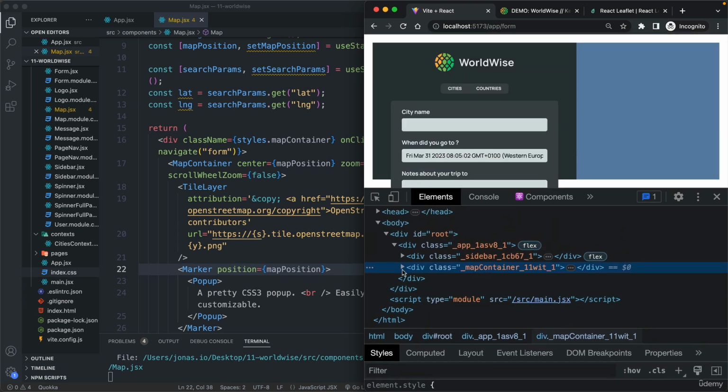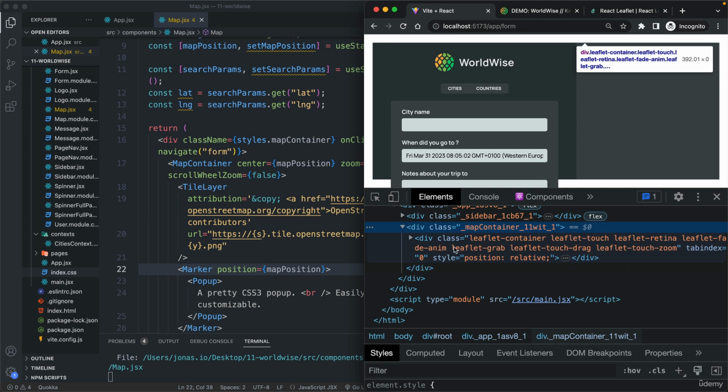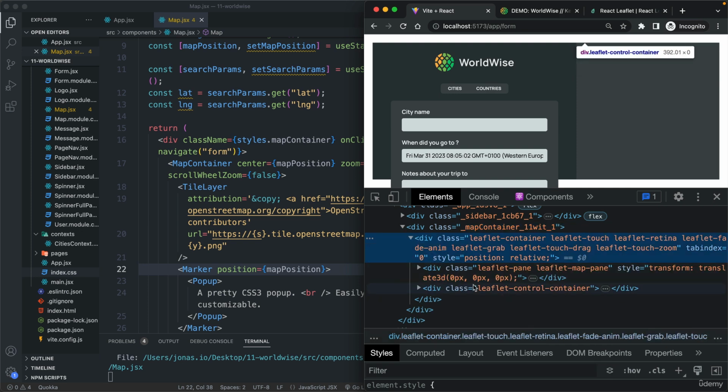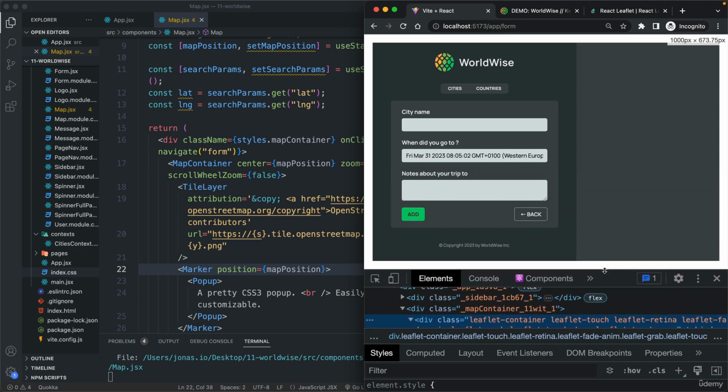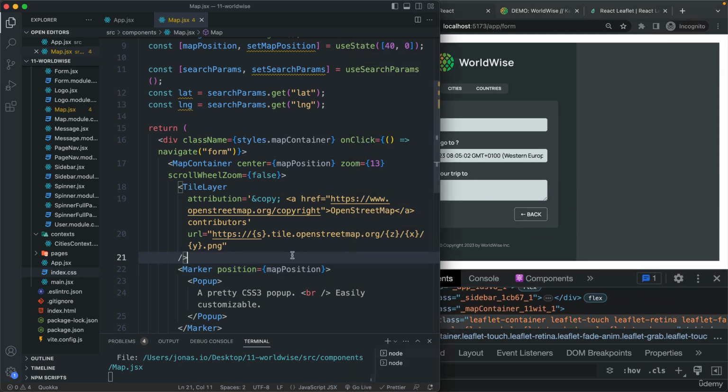So here's that map container. And indeed, there is something there. So something new that we definitely didn't put there ourselves. So it is working, but as we can see up here, the height of the element is actually 0. And so that's why we cannot see the map. And so the reason for that is that here, I actually forgot to include a class that I have already